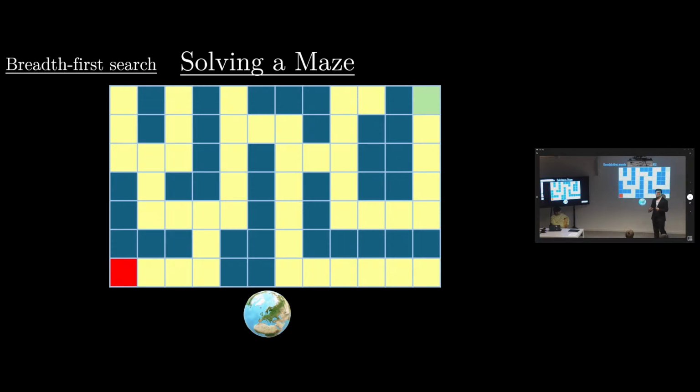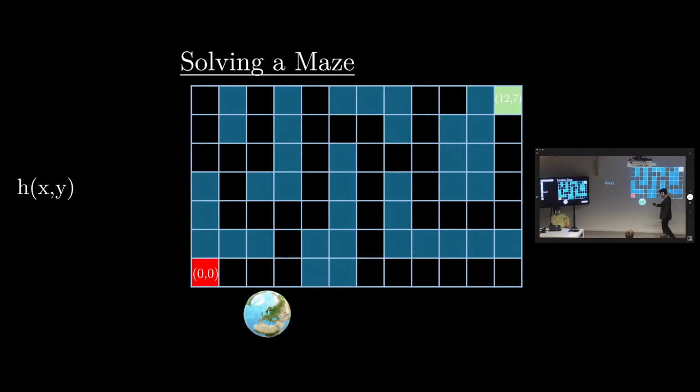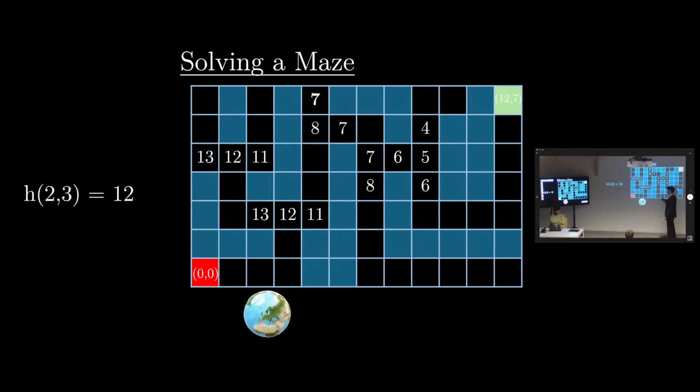We want to make it able to predict how far we are from our exit point, what we call a heuristic. So our function, h, that takes as input x and y, which are the coordinates of our maze, gives you as output the distance that you have between the case and the exit. For example, if you take h of 3, 2, the distance between this point and the last one is 12. So what we're going to do now, we're going to compute the heuristic in all the possible forks. So for each fork, I'm going to compute the heuristic in all the paths. And then we execute an algorithm that is called greedy best first search.